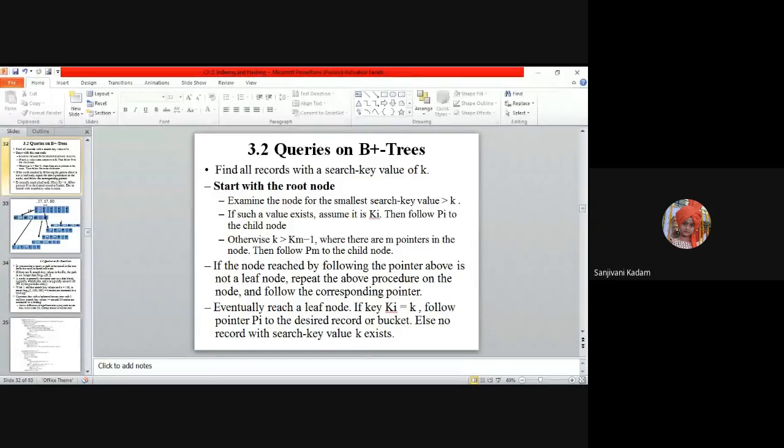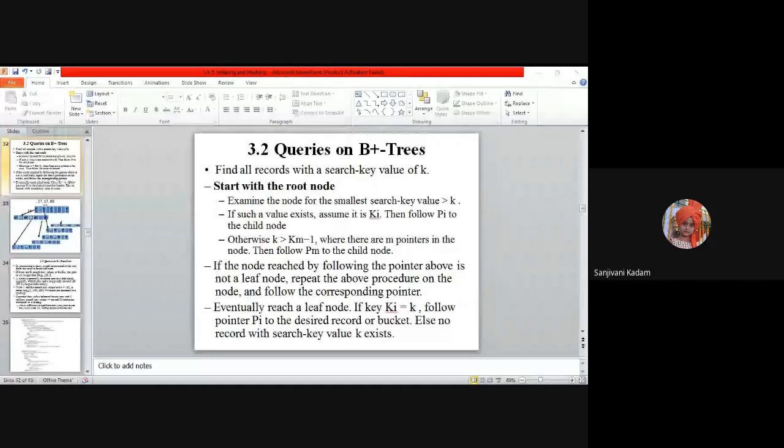So in the last lecture we started with B plus trees, B plus tree index files, that is how a database uses B plus trees to have an index on a database. The necessity of B plus trees is that we use B plus tree indices in order to shorten the access time. Whenever ordered files are there, it takes a lot of time to access a record because the elements are in sorted order.